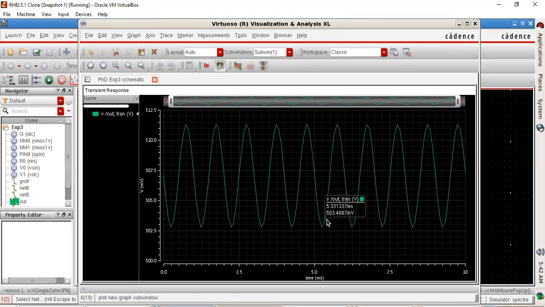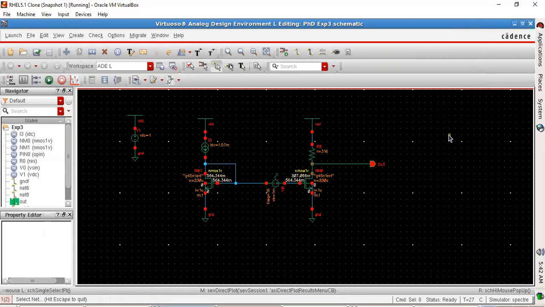So we have given 1 milli as the input, and you can see we're getting close to 8 or 9 milli as the output. So almost 9 is in magnitude, or very close to 12 dB. Right. So this is the experiment setup which shows you a simple amplifier analysis, common source amplifier.